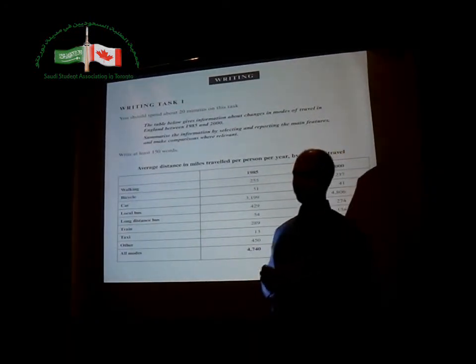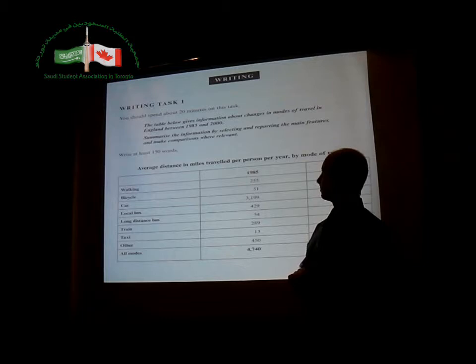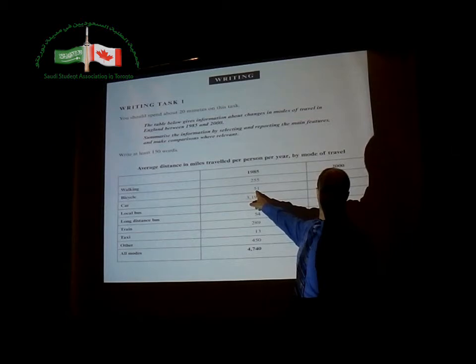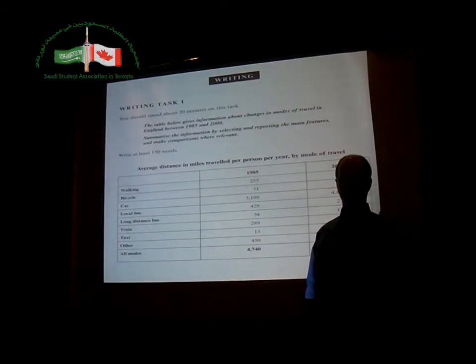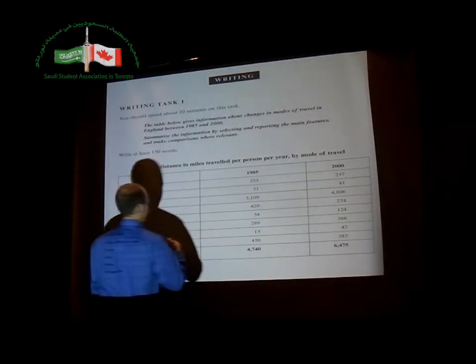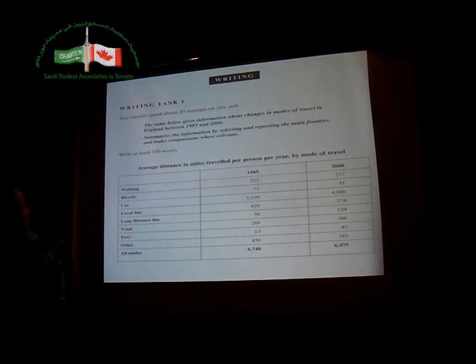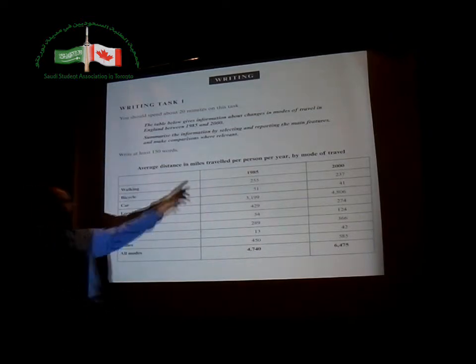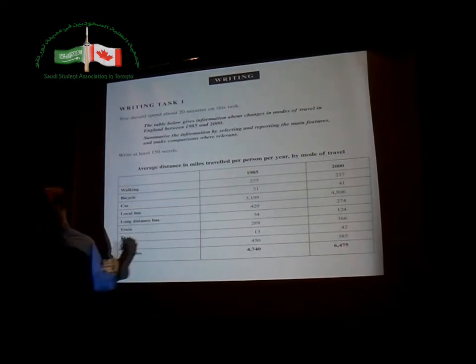So, does this mean 51 people? No, millions. The average. What does it mean? 51 what? Ah, yes. This guy who wrote this essay thought that these numbers were numbers of people, but they're not. It says here, distance in miles. What did he forget to do? He forgot to read every detail and really understand what the numbers mean.